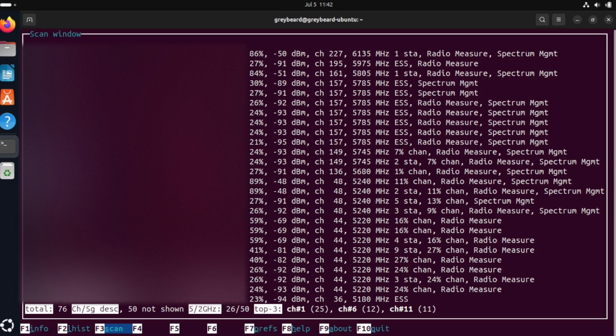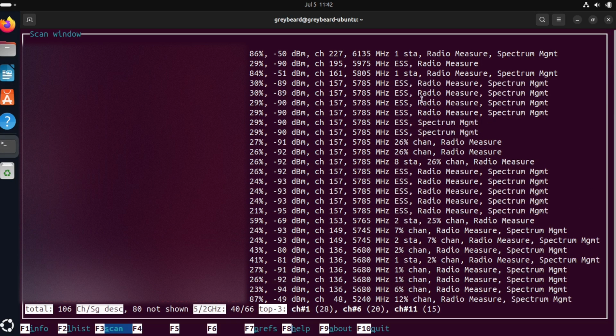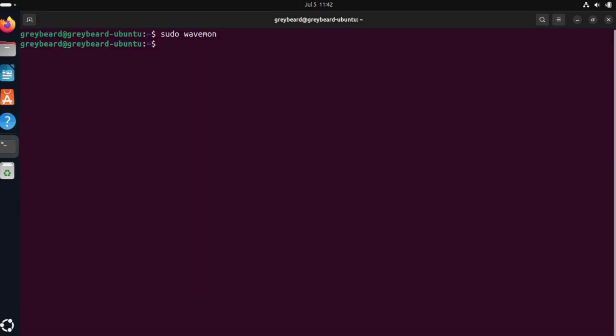We can see what's available out there for various different types of ESSIDs/SSIDs, also some other relevant information with regards to it. Okay, so I'm just going to quit out of that. In order to do that, I'm just going to hit F10. So that's some basic commands that we have in